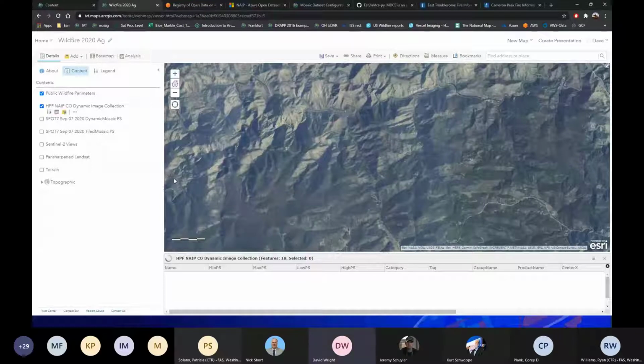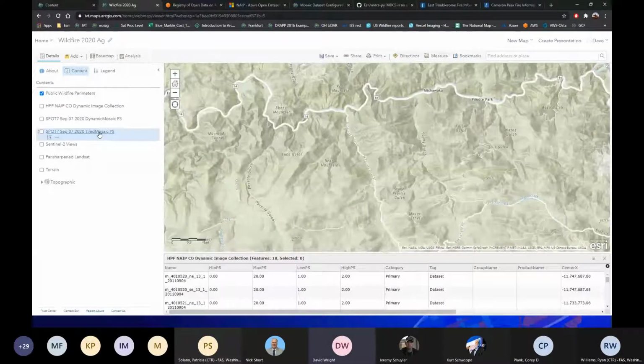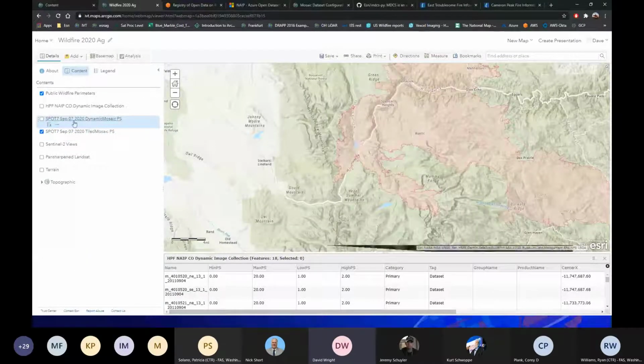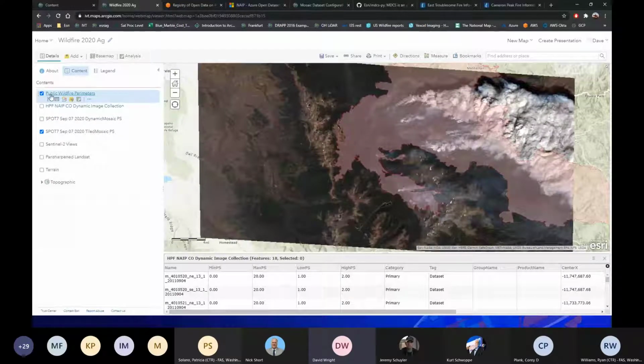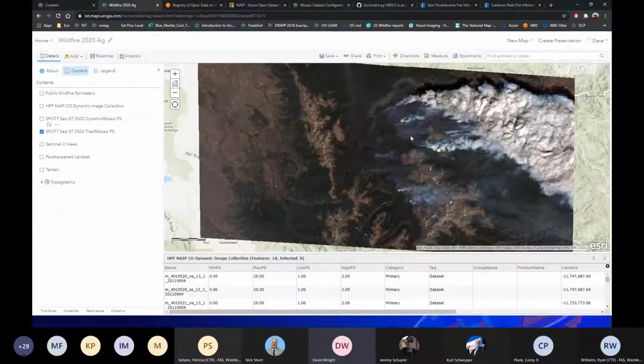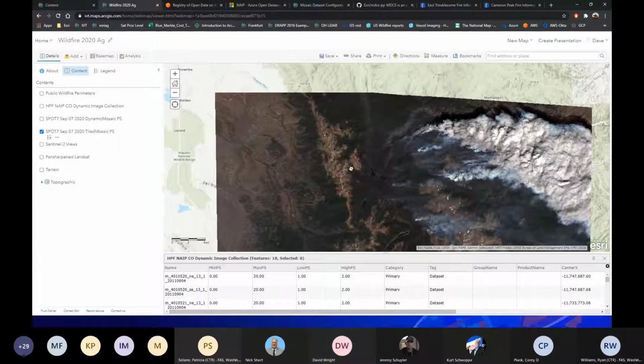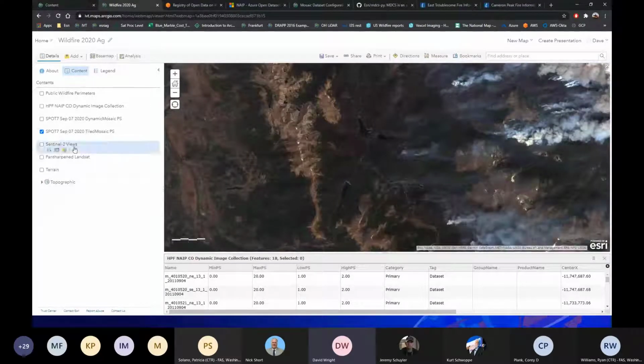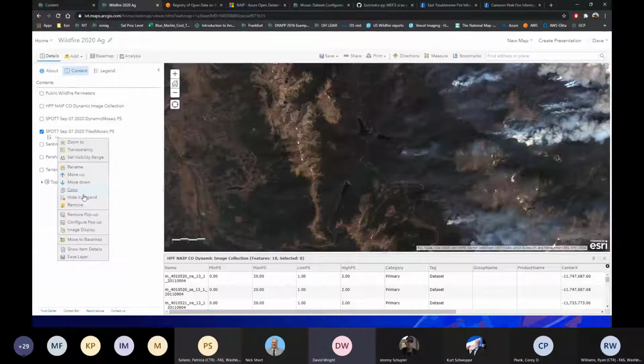Okay, so let's take a look at a couple of other examples. This layer, the tiled mosaic and the dynamic came from the same exact content. It's just a single data strip coming from Airbus, and this is SPOT 7, not long after the fire broke out. And so the tiled mosaic, you can see how it renders as I zoom. It's pulling the full data model. So each one of these tiles, it's loading very fast,